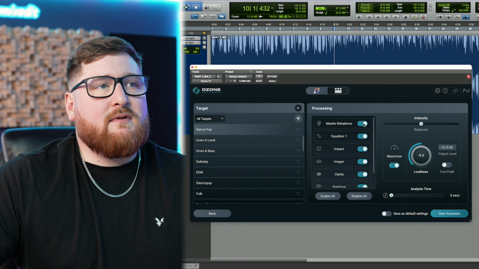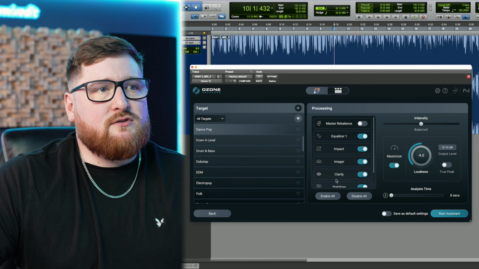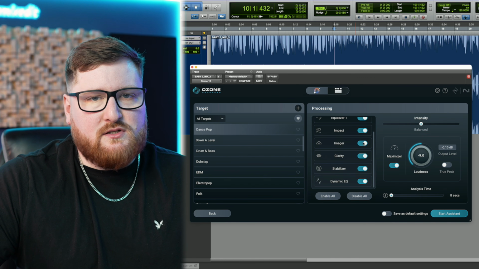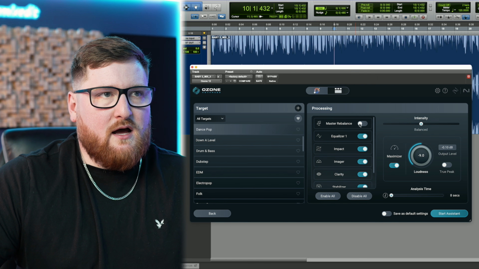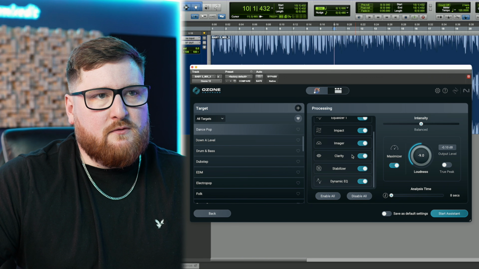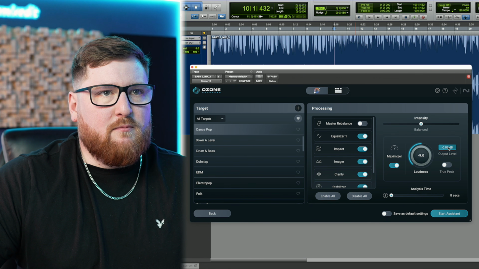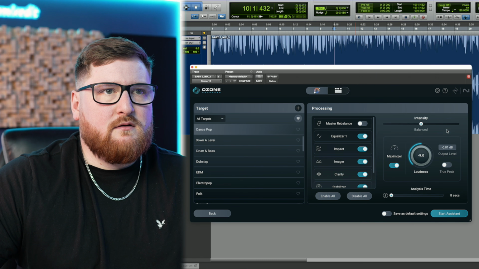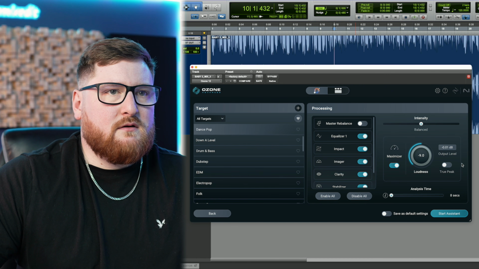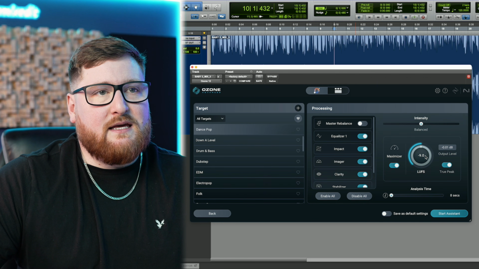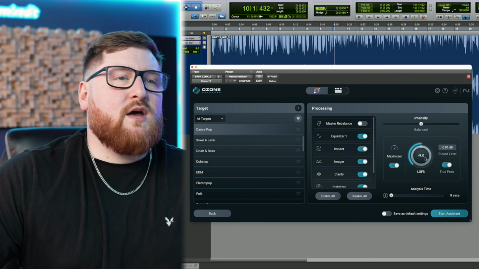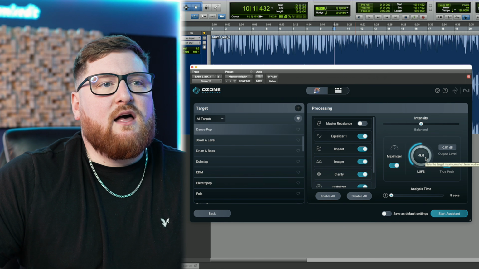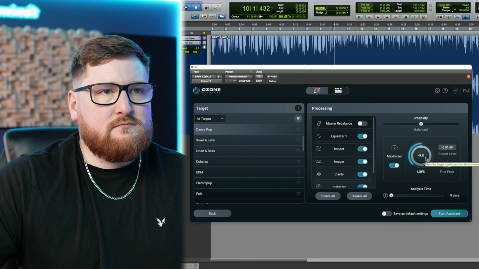I'm going to turn off master rebalance. This allows you to just, if you don't like how it uses a plugin, turn it off. So I don't want this. I'm cool with these other ones, but I'm going to set my output level where I want it, which will go there. We can turn true peak on so I can know what the true peak is. And this loudness knob allows you to aim for a certain LUFS level,